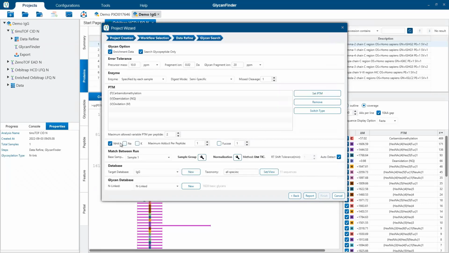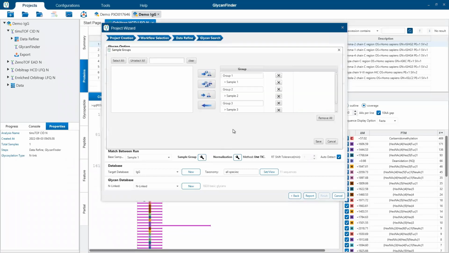Yeah, and then specify the adducts that you would allow, as well as click this button to specify if you're going to include a search for fucose and the maximum number of fucoses that you allow per peptide. And then this area here is important because this is where you specify the search settings for your quantification.